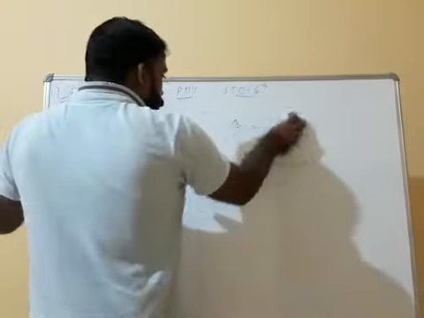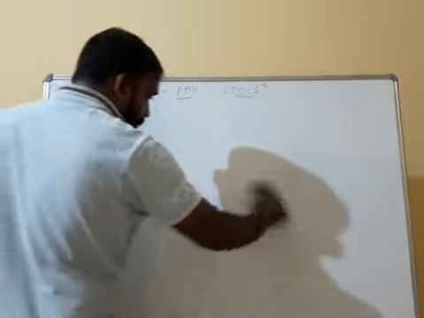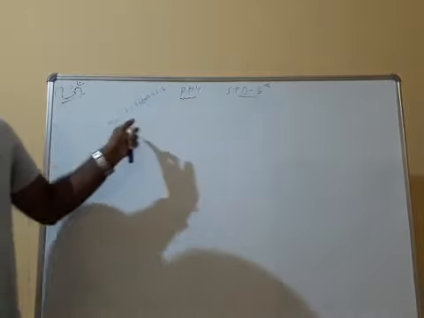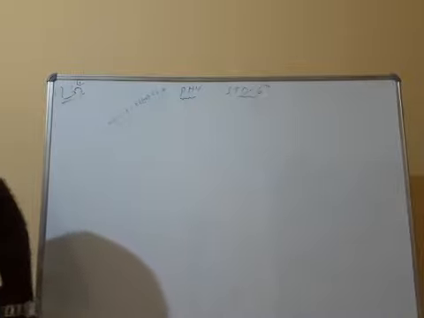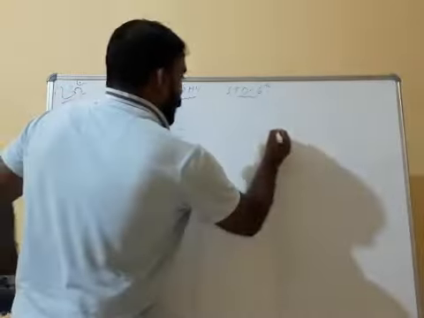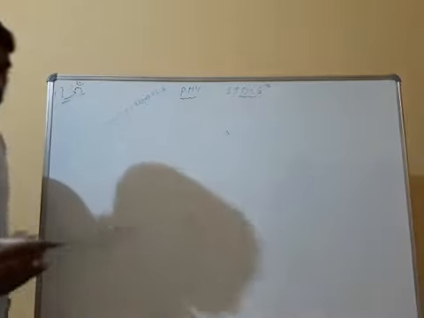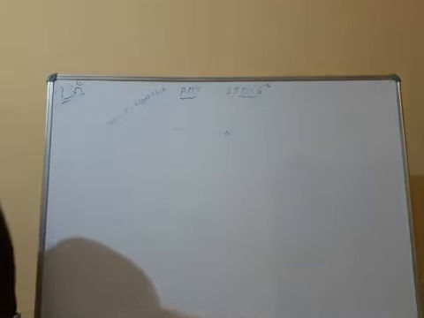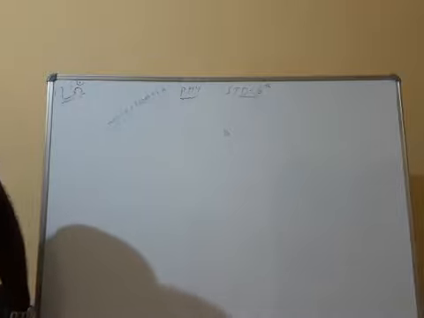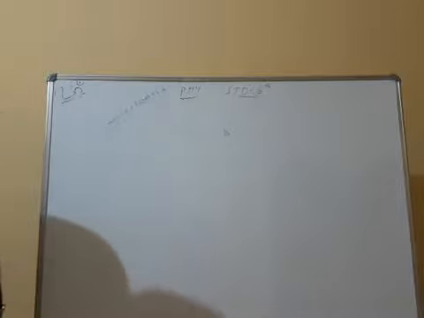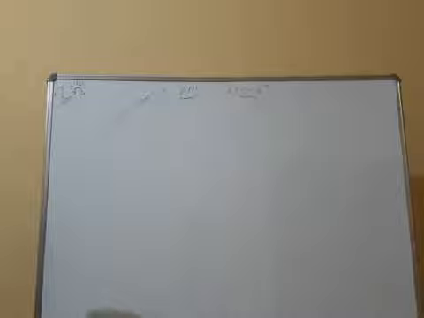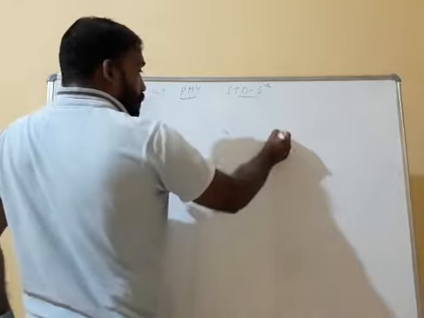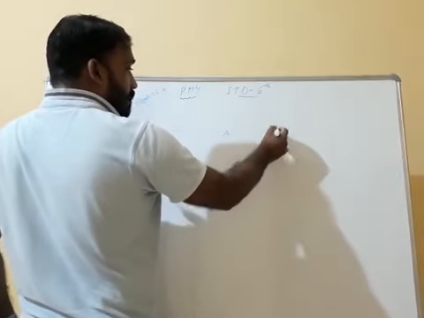So in example 3, this relation we will put in this case. A cook uses tongs of length 25 centimeter. Suppose you draw one line. Here, what is there? The pivoted point is there. Understood? A cook uses tongs of length 25 centimeter to lift a piece of burning coal of weight 2 Newton. So one part is what? 2 Newton is there at one end, here the burning coal is there.